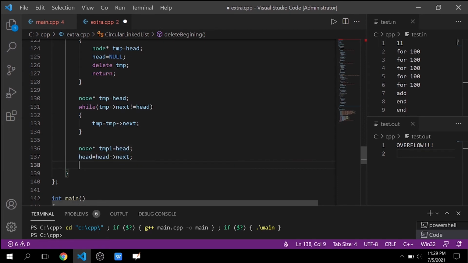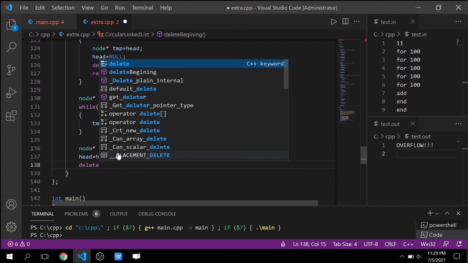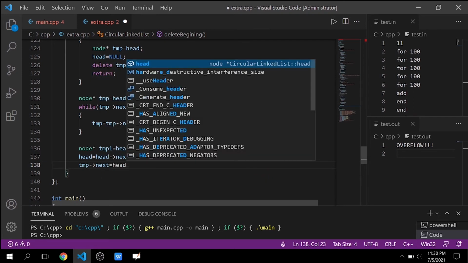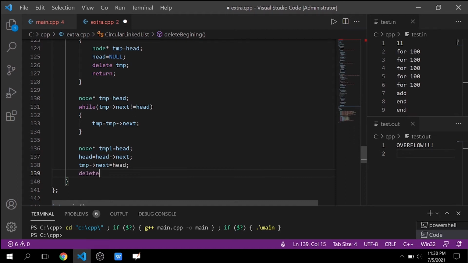Then we will change the direction of this node, so we will make the next pointer of this node point to the head. Then we will delete the temp node. This is all we have to do.